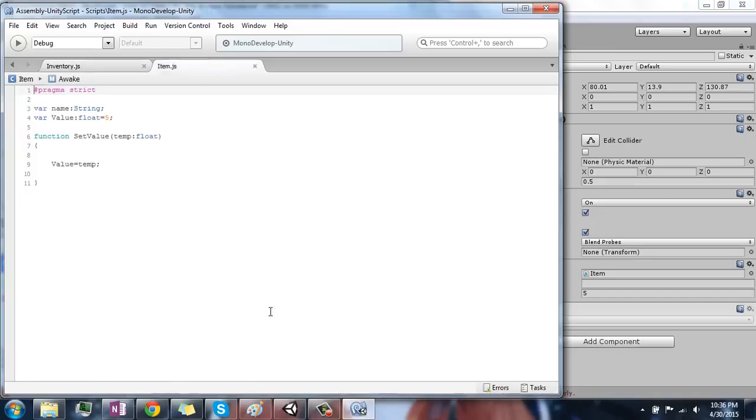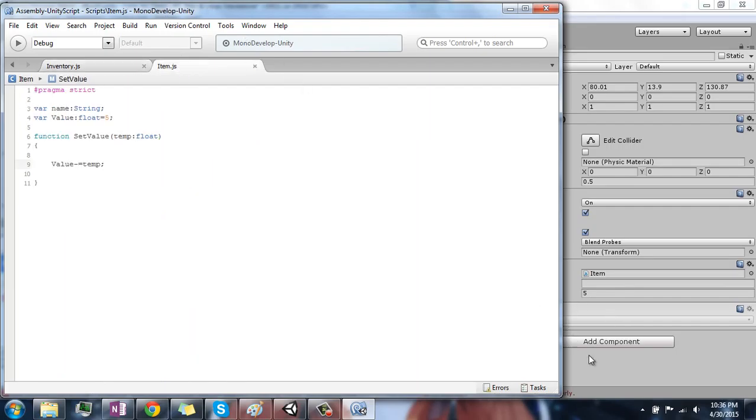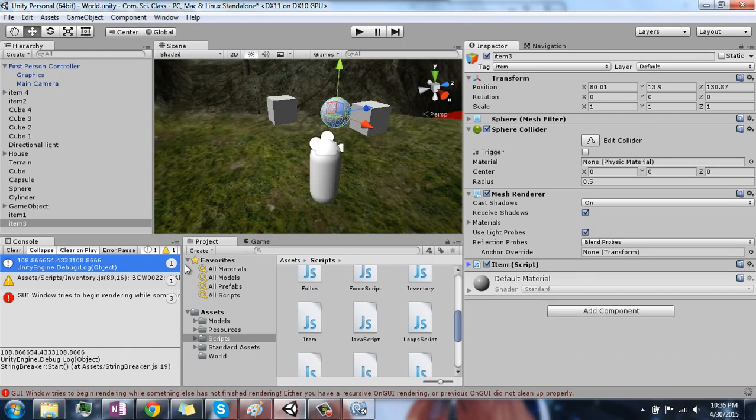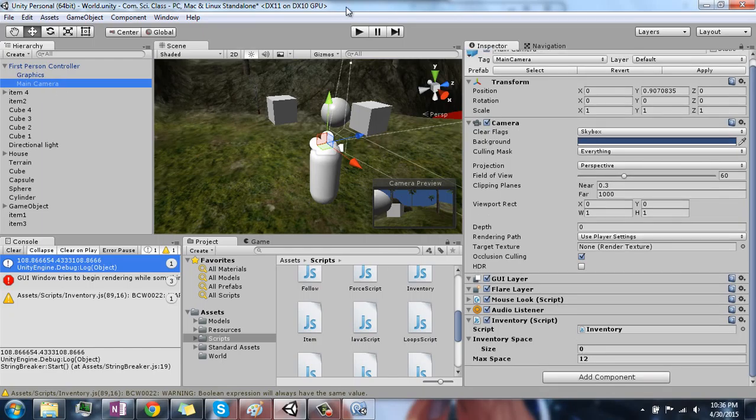Let's make it subtract from the value, actually. And make it subtract 1. So maybe we want to track how much they've picked it up. Now if we save these, and I just make sure that it's okay, it's on here. And if we were to run this game,